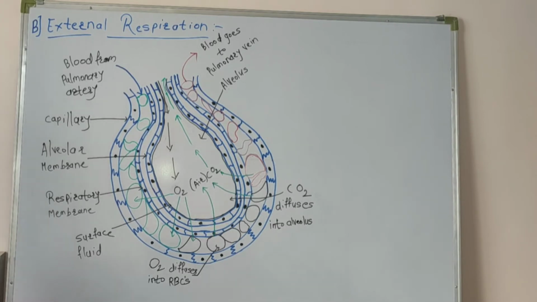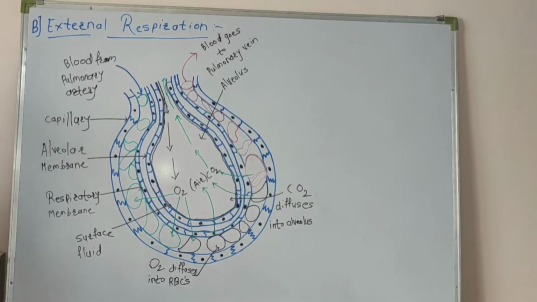We already know that breathing is the exchange of gases. Now in external respiration we will see how gases are exchanged. That means when air enters our lungs, after that it will carry out carbon dioxide, and we will see how this mechanism occurs.